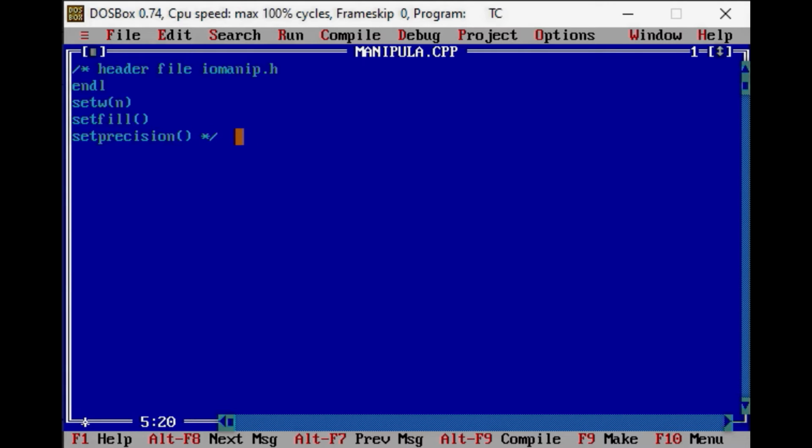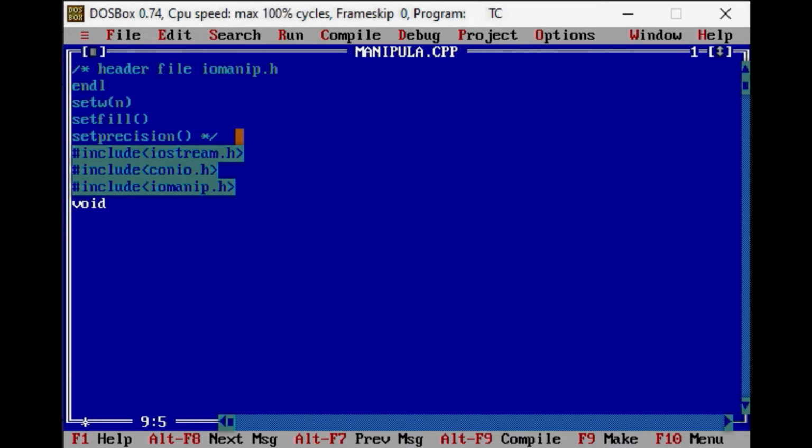Now here we will start the code. First of all, we need to write the header files: #include iostream.h. After that, conio.h. Then, for using manipulators, we need to add iomanip.h.